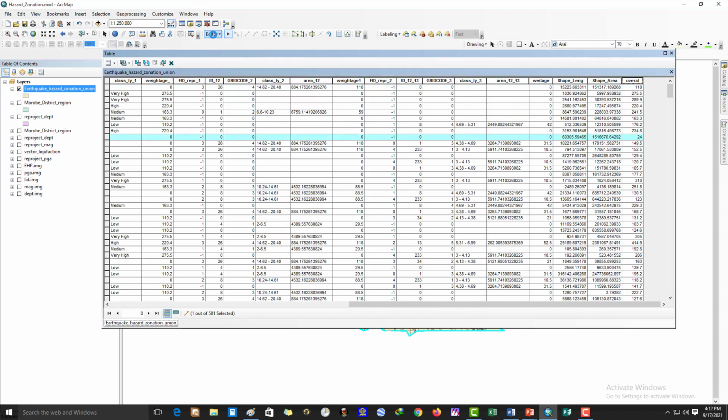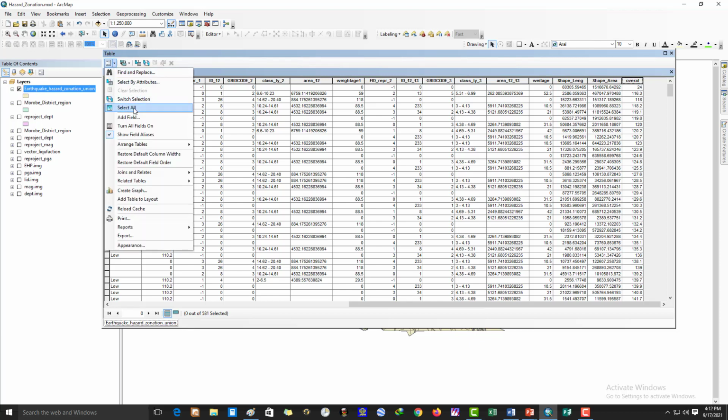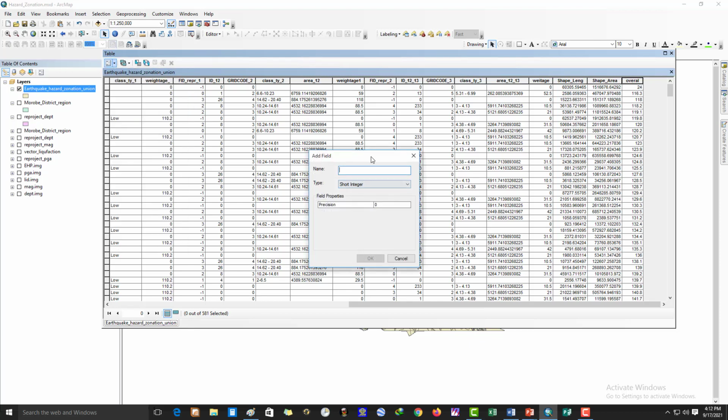The value is 24. Be very careful. The lowest, editor, stop edit. The lowest is the one. Okay, now these classes are very low class, so I will add field, and then field name I'll add a